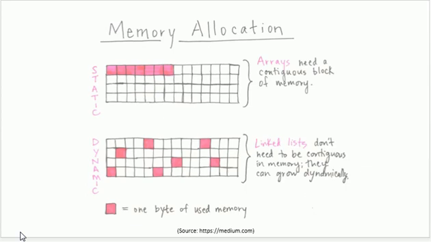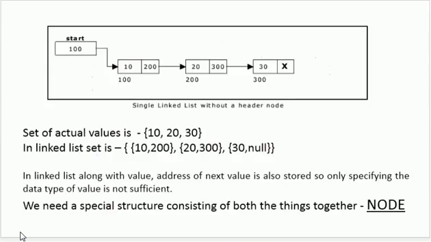So if the values are saved at different places, in order to maintain the linear order or linearity in the list, I'll have to connect the values somehow, so that we come to know that this is the first value, this is the second value, and this is the third value. If I want to maintain this linear order, then along with the value, it becomes necessary for me to save the location of the next value as well.